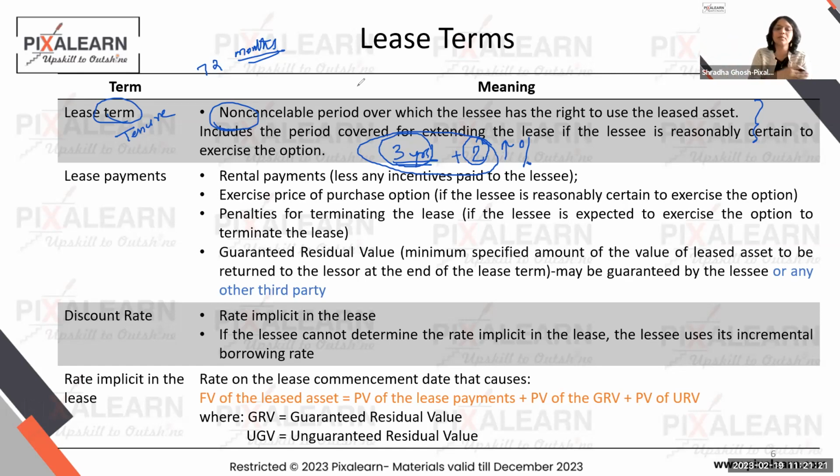So if you get the first 6 months free, you're going to say, okay, it's a 3-year contract, first 6 months free. So whatever is the amount that you're going to get in the next 2.5 years, you take the full amount and you divide it by complete 3 years tenure. So it's not 36 months, it's not 30 months. You're going to divide it by full 36 months. Is this clear? Anybody, any questions?